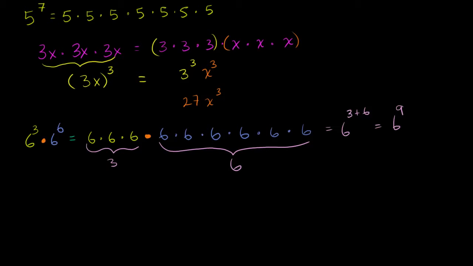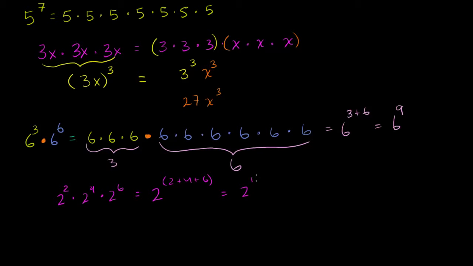So let me do several more examples of this. Let's say I had 2 squared times 2 to the fourth times 2 to the sixth. Well, I have the same base in all of these, so I can add the exponents. This is going to be equal to 2 to the 2 plus 4 plus 6, which is equal to 2